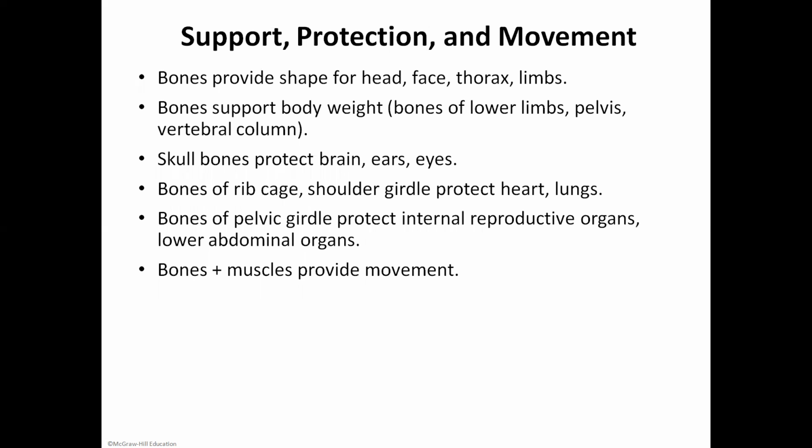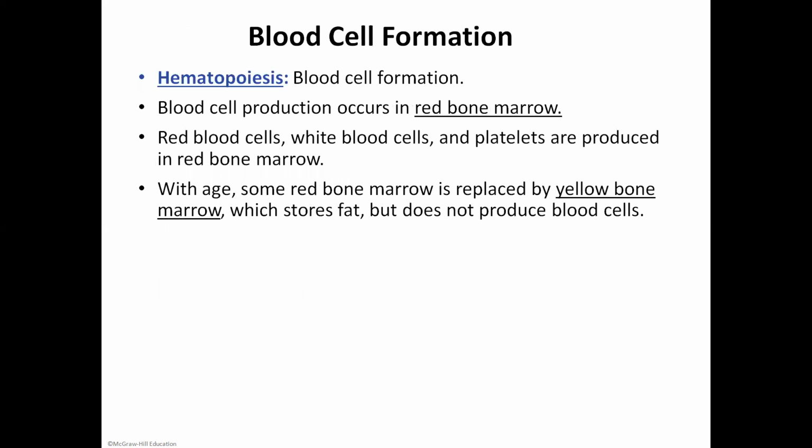So when we think about the support and protection, again, this is pretty straightforward and easy. We want protection to our vital organs. We want the bones to actually support our body weight. And again, we want to be able to have movement along with those muscles. In terms of blood cell formation, this is where the term hematopoiesis or hemopoiesis takes place. Hematopoiesis is the formation of blood cells. And so when we think of blood cell production, this is occurring in the red bone marrow. So if you've heard of someone having a bone marrow transplant, again, this is the red bone marrow that we're thinking about for blood